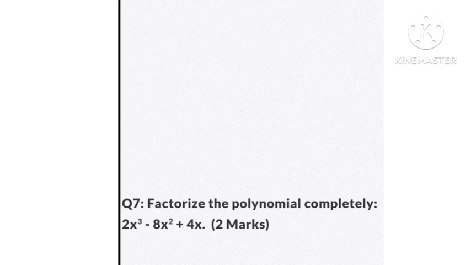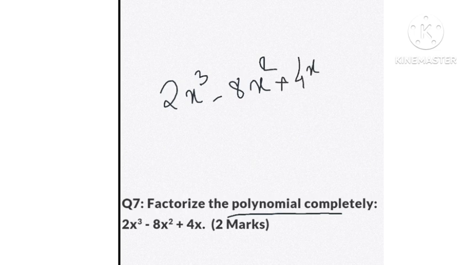Factorize the polynomial completely. So how can we find the factorization of this polynomial? First we write the given equation, 2x cubed minus 8x square plus 4x. So what is common here? We can see 2 and x are common, so we can write x square